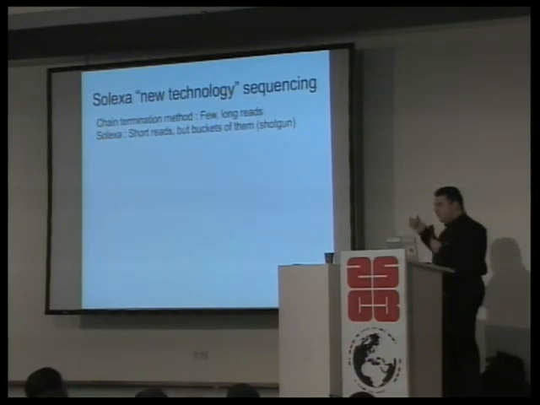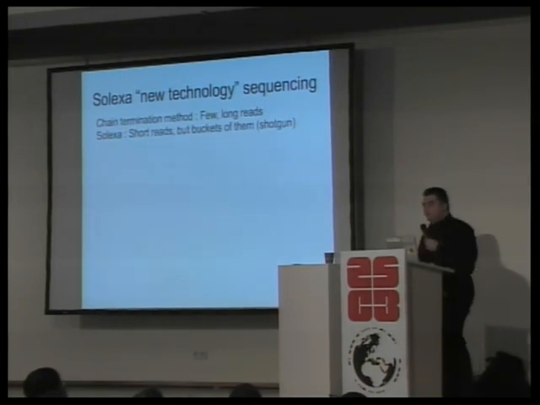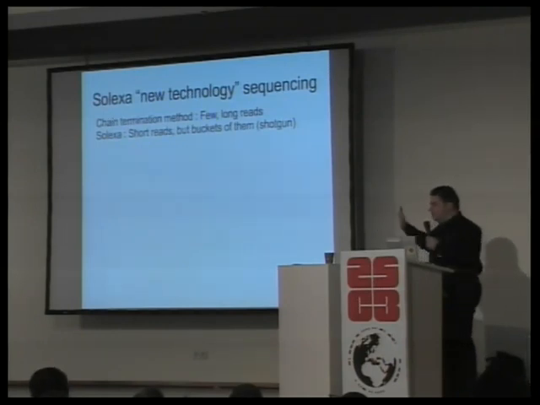So it takes a machine a while to run one of these fragments, and you can scale it up, but it's still kind of slow. And Solexa takes this method that Craig Venter thought of, so-called shotgun sequencing, because like a shotgun, you don't have to aim that carefully, just aim in the general direction of the target and pull the trigger, and things will work out fine from there.